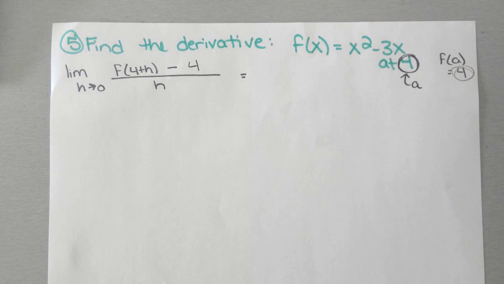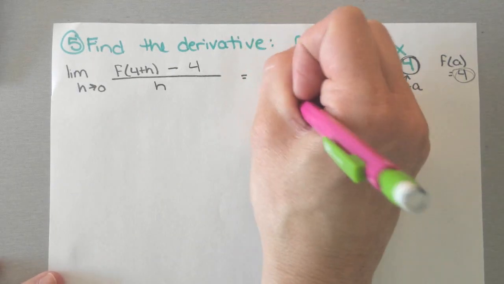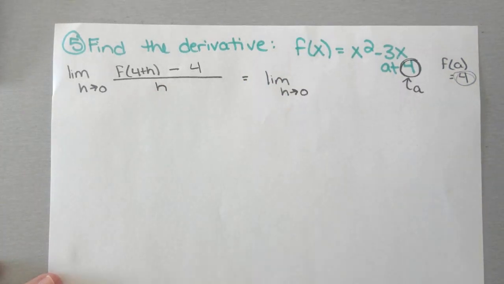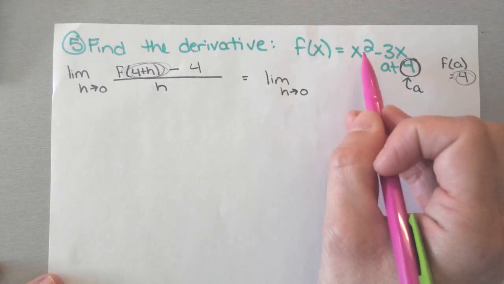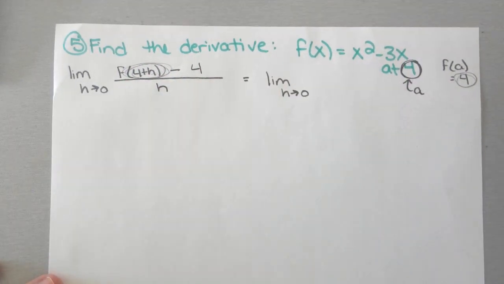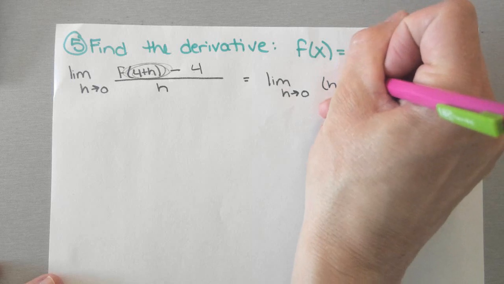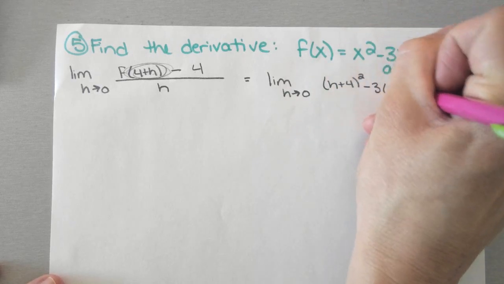So I did basically the same thing I did last time to start with, but I had to find my f of a first. Limit as h approaches 0. Again, I can't directly substitute yet because it would make my denominator 0. So what I'm going to do is take my 4 plus h and plug it into the equation like a composition function. So I'm going to have h plus 4 squared minus 3 times h plus 4